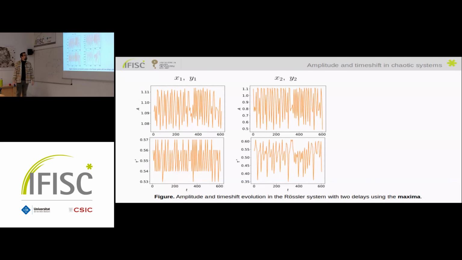Then if we repeat that for the second variable, we can see that now the variability is even bigger, but it's kind of similar to what we had before. Also now, most of the time, we are not getting an amplification, even though it's still possible for some cases. And with respect to the delay, again, similar results. There is some variation of the delay, of the time shift. And also here, it looks like the average shift is slightly below.